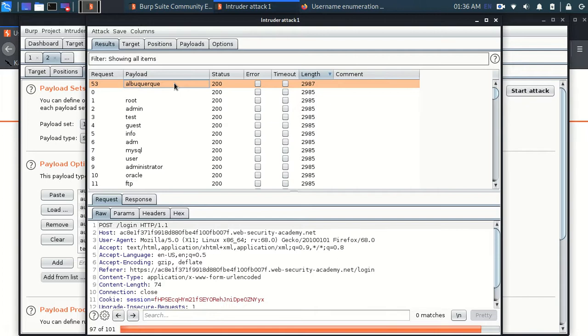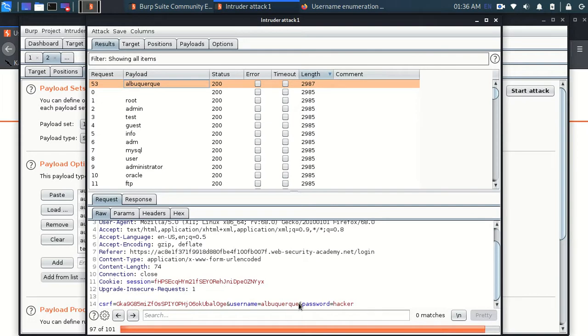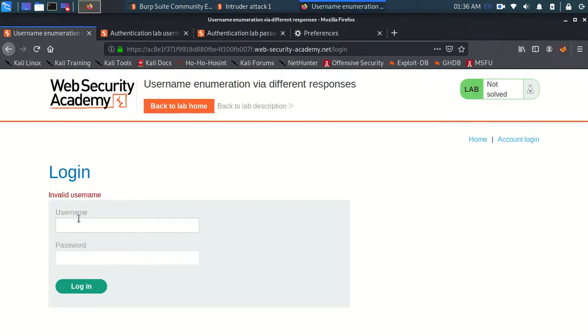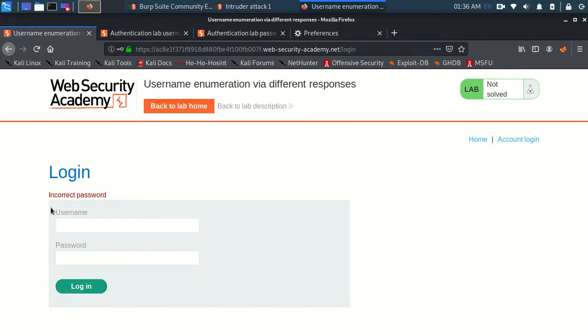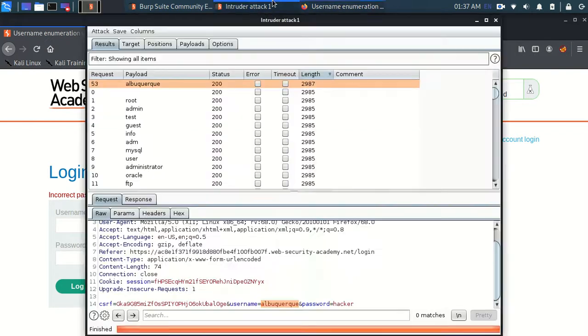So just let me take this username, let me copy this, and as you can see, the attack has not been completed yet. Let me try this username and just try any password, and it's showing me invalid password. If you noticed, rather than invalid username which was coming in, now it's coming in as invalid password, and the web page has now changed. So you can see a different result and different response.